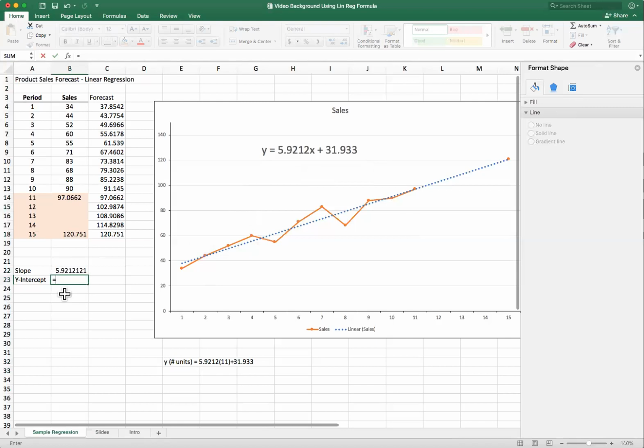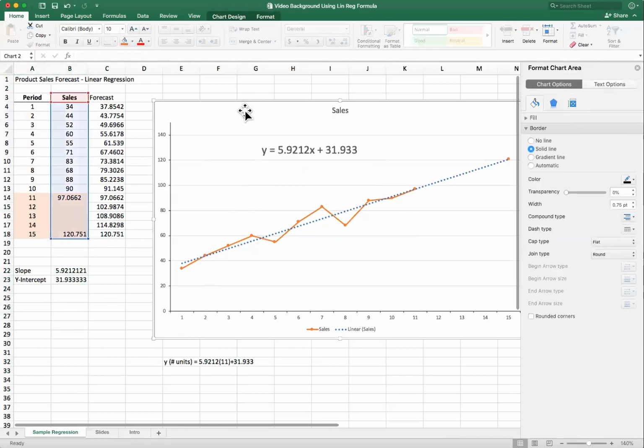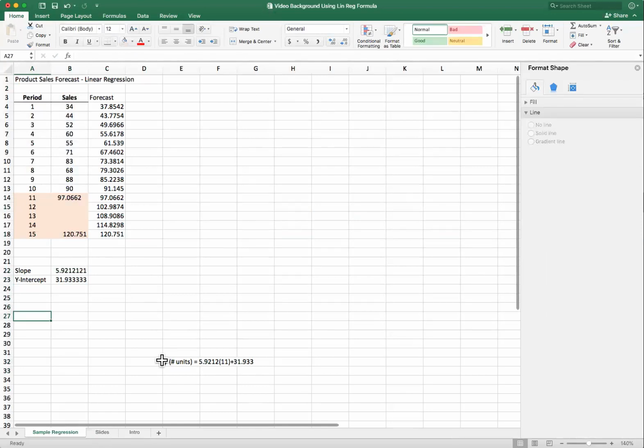Our y-intercept is simply intercept in Excel. Okay, and I think that we've gone over this before, and it's the same thing. It's going to ask you for the same values. Okay, what are your known y values? And then what are your known x values? And ta-da. Okay, so now you can delete this whole table. You don't even need this. You could have figured all of this out with just having